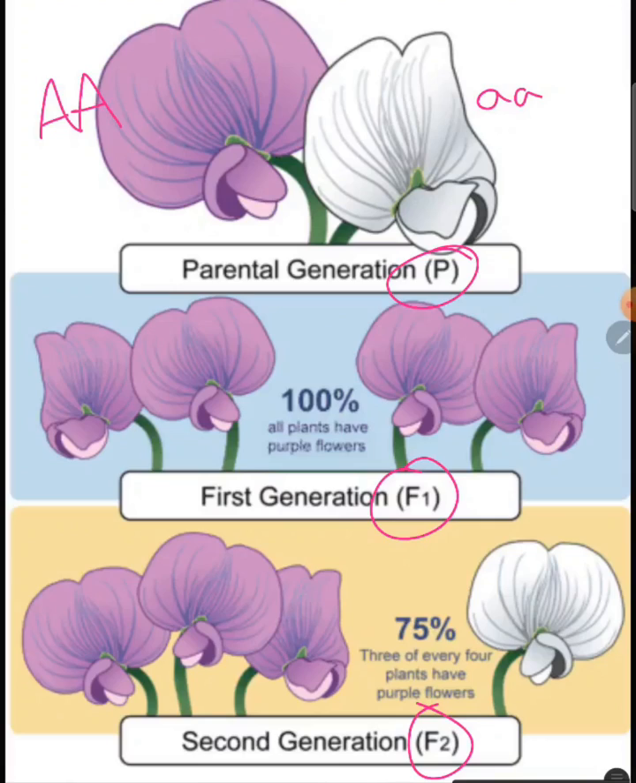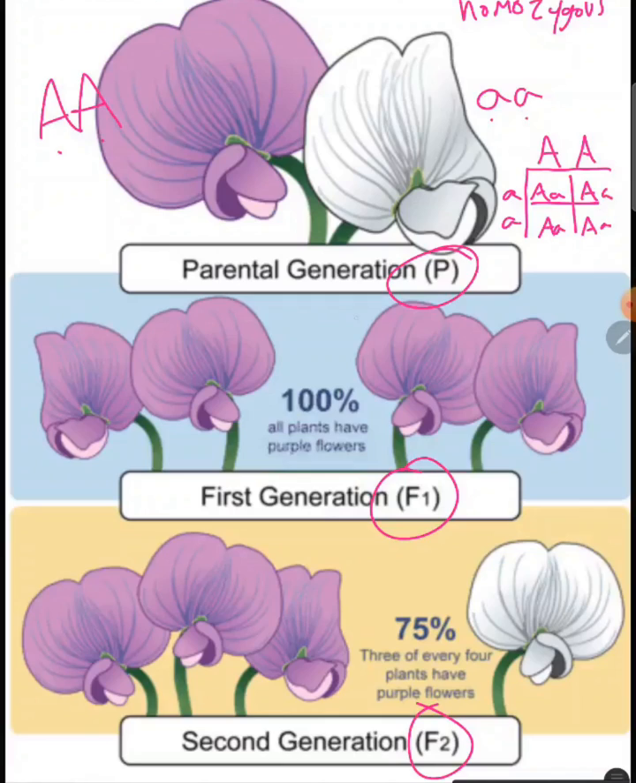Homozygous means that both alleles for the gene are the same. The way he achieved this was through inbreeding. He then crossed them and he got